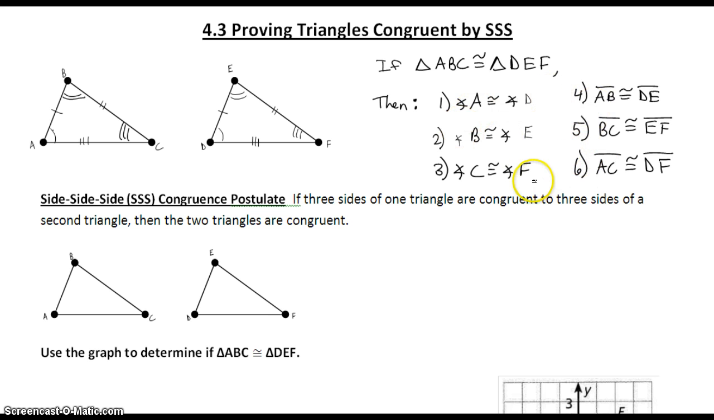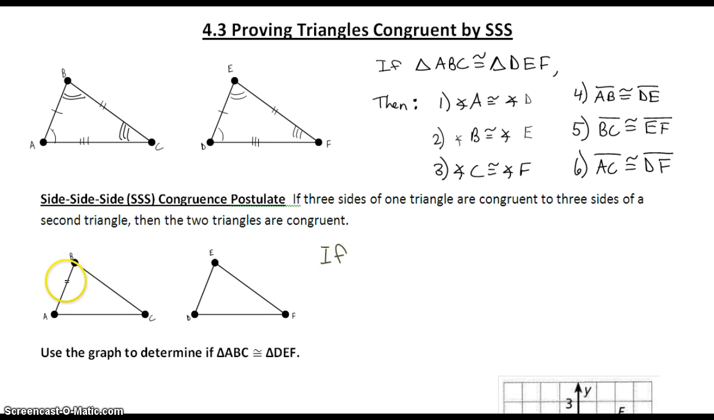I only need 3 parts. The first way to prove two triangles congruent is by proving that we have 3 pairs of congruent sides. I can actually ignore the angles and prove that the sides are congruent to prove that my triangles are congruent. In order to use the side-side-side congruent postulate,